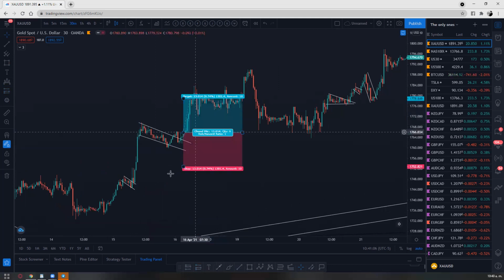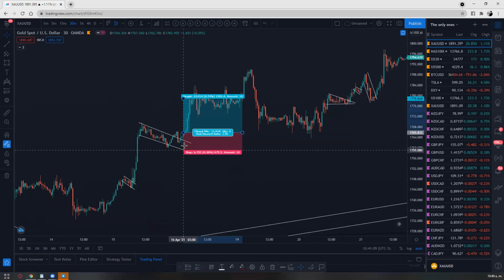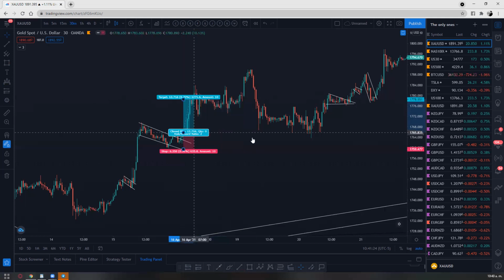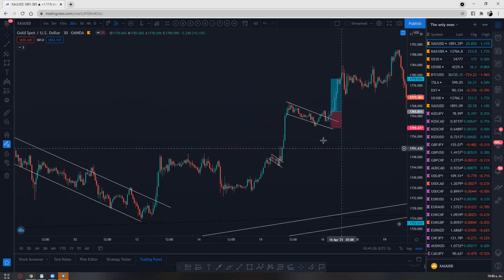Where am I going to be putting the stop loss? You can put it below the last low or even below this low right here. Okay, that's a good position. And where are you going to be aiming? You can aim 1 to 2. If you want to go safer, you want to just get in and out right quick, you can just go 1 to 2. Okay, same thing here.